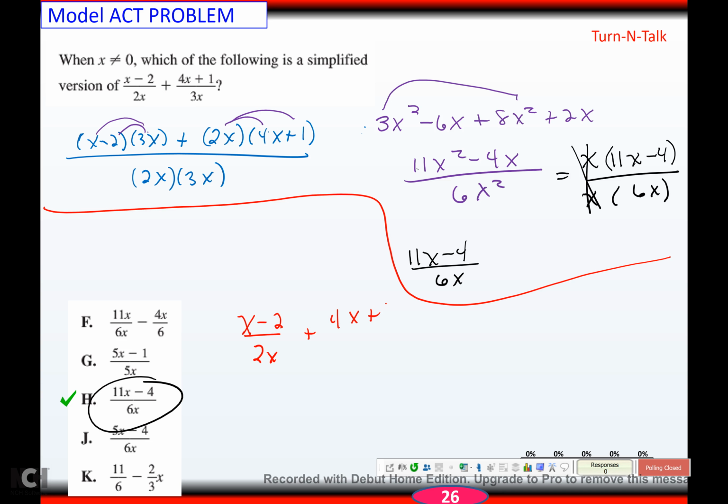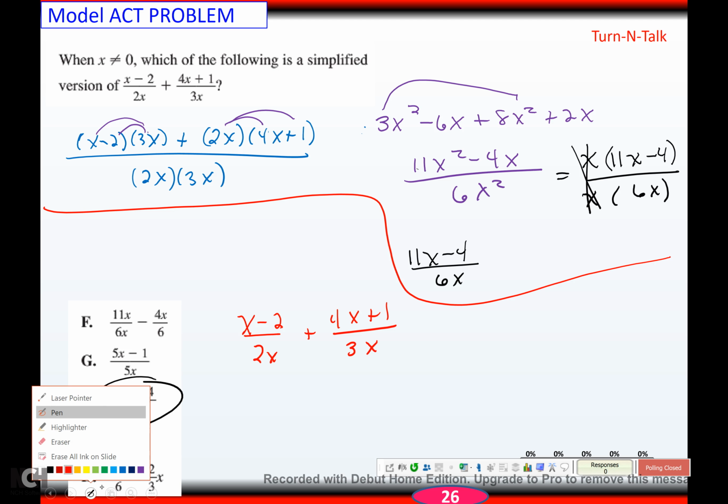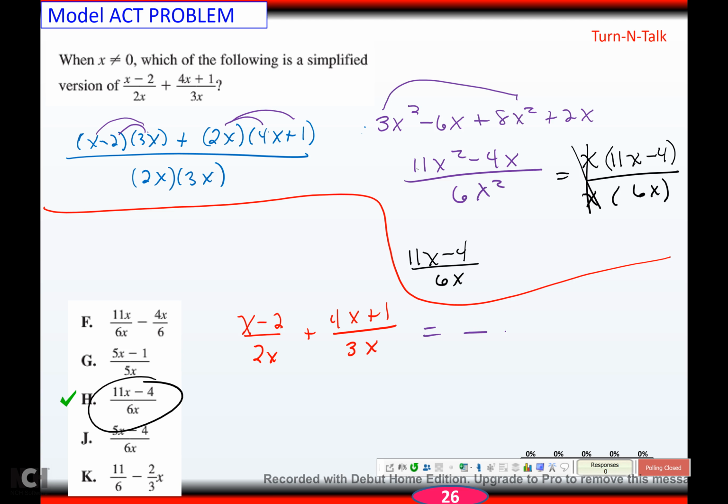So I'll show you just in case, but pick whichever way makes more sense to you. Alright, what you've got to look at is you want to get a common denominator. Well, they both have an x, so I need an x. And then the smallest thing that 2 and 3 both go into would be 6. So to turn 2x into 6x, times what? Well, times 3. So if you do it to the bottom, you do it to the top, and that makes